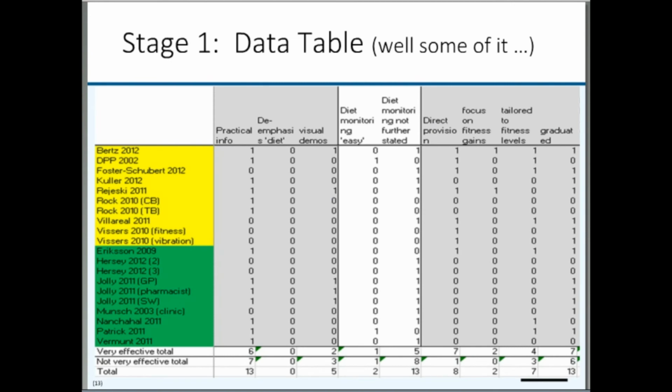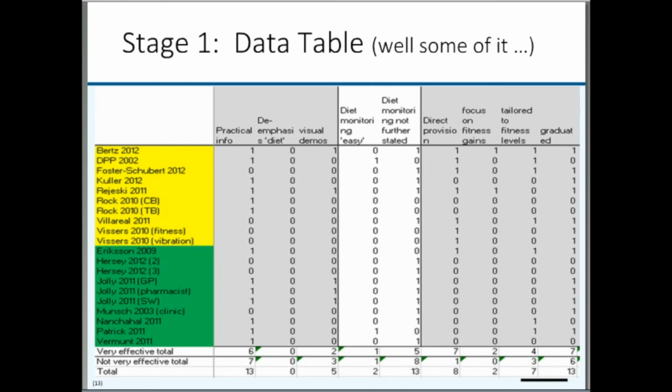So here's our data table, stage 1. This is where we're looking at individual cases and individual intervention conditions. Over on the left-hand side of the screen, you can see, for example, in the first row, we have the intervention evaluated by Burtz and colleagues in 2012. And it's highlighted in yellow as are the top 10 cases listed there, and those were the most successful interventions, and below that in green are indicated those 10 least